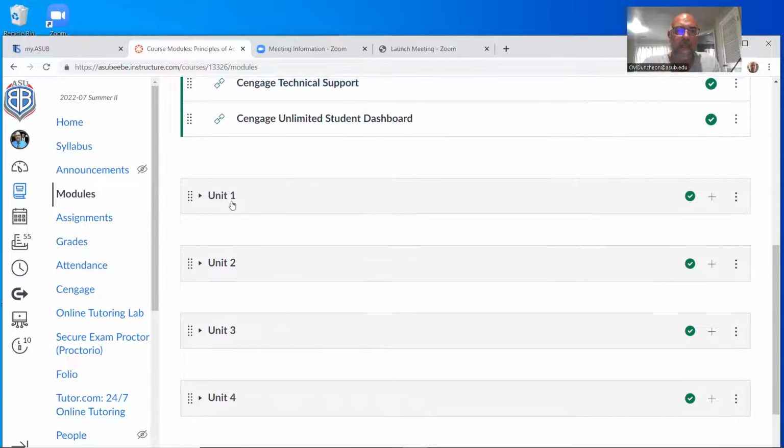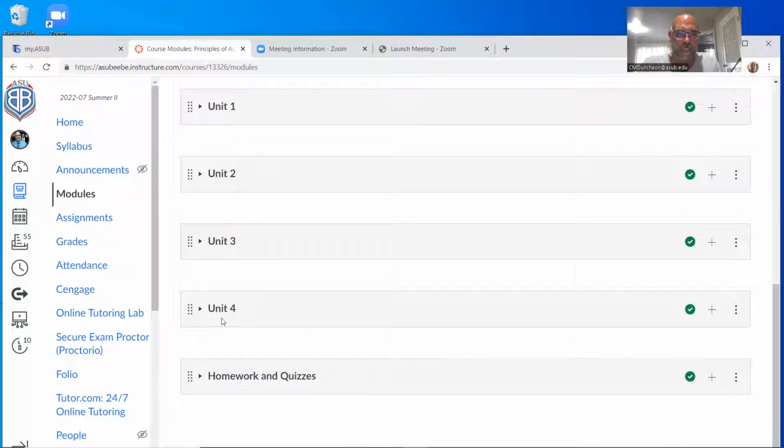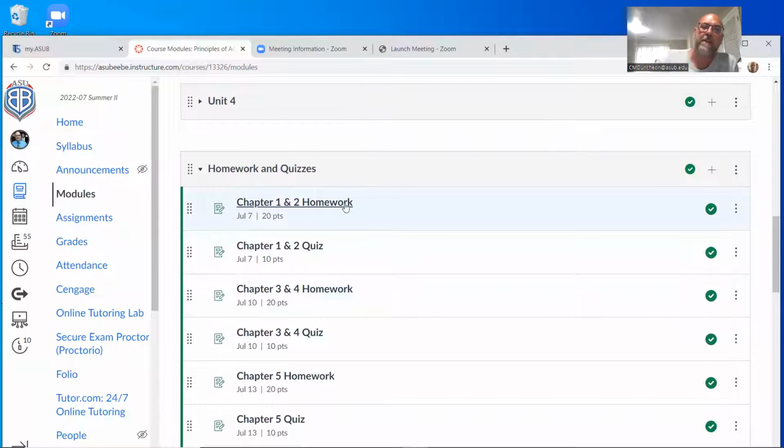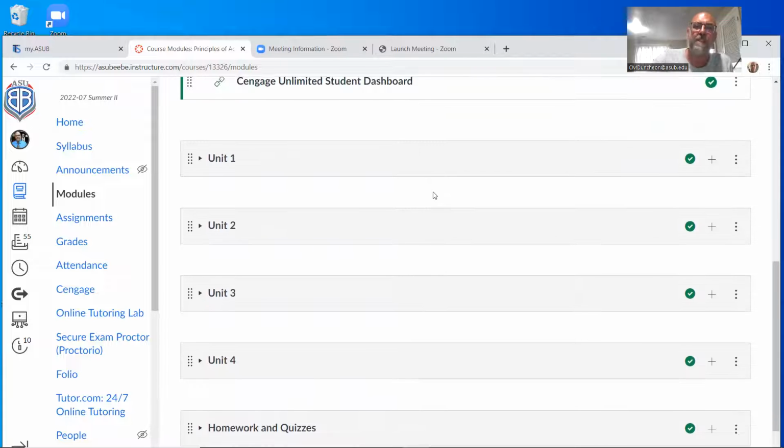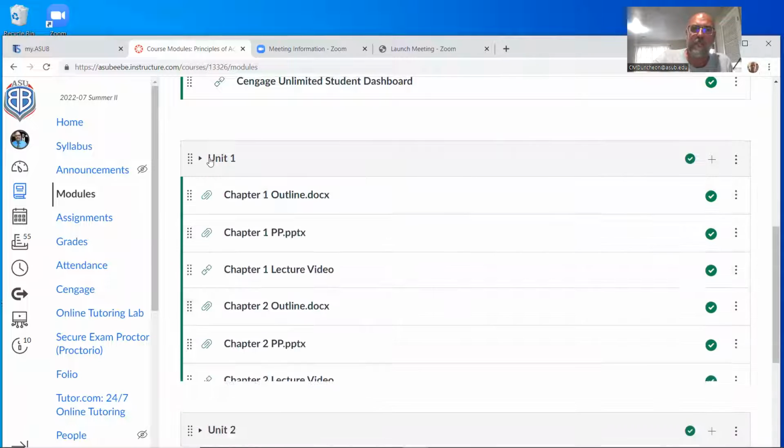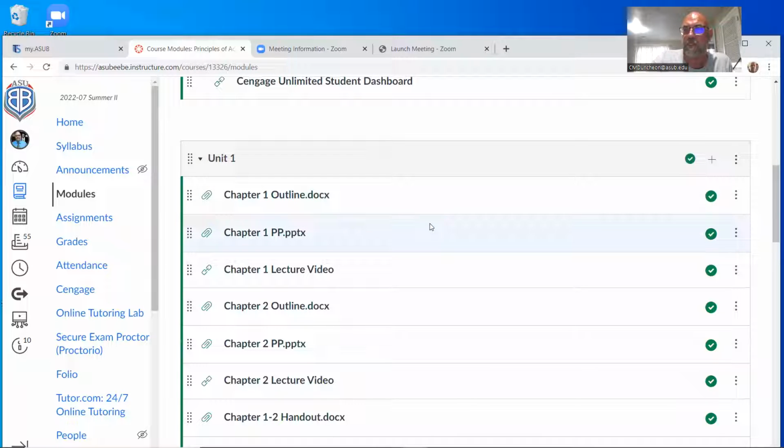And then we have all our units on here, but I'm going to skip down to the bottom. At the bottom, we have our homeworks and quizzes. They are all here again. This is the exact same thing that you find on your syllabus tab. These are just quick links in order to get it in there, but you can just get it from the modules.